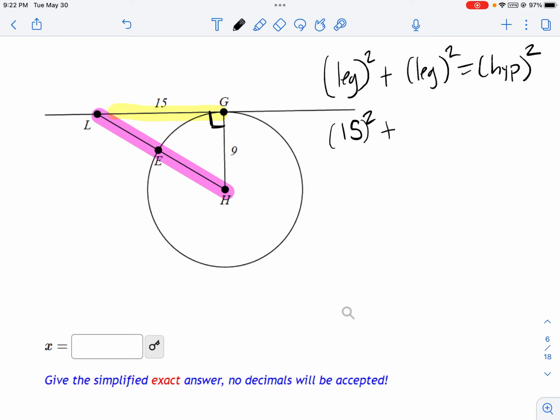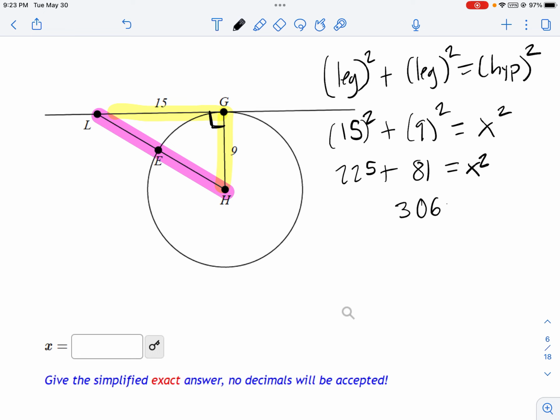So 15 squared plus our other leg, 9 squared equals our hypotenuse, which we don't know. That's what we're trying to find. That is our x squared. And now we have it set up. All we have to do from here is just solve. So we have 15 squared, which is 225, plus 9 squared, 81, equals x squared. Combine your like terms together, so we have the 225 plus 81, and we end up with